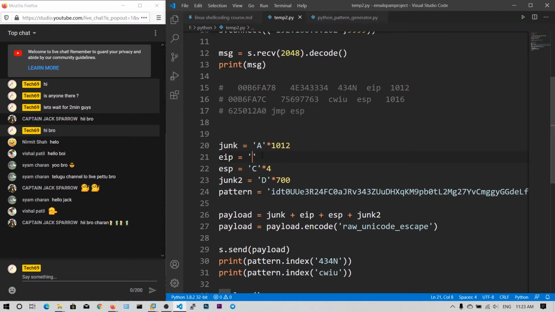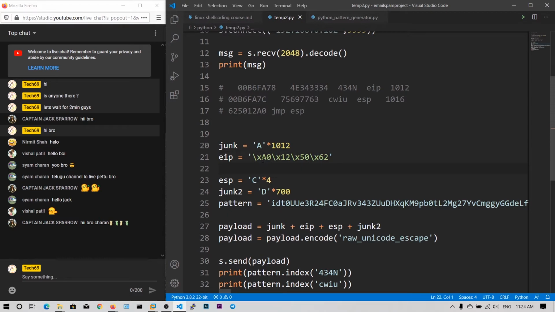Just reverse those bytes. Now we need to first write a0 instead of 62, and in a similar way we need to write 12 followed by 50 followed by 62, and there you go guys.